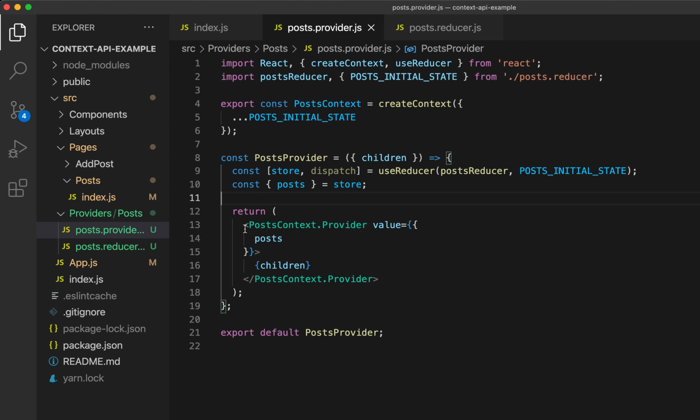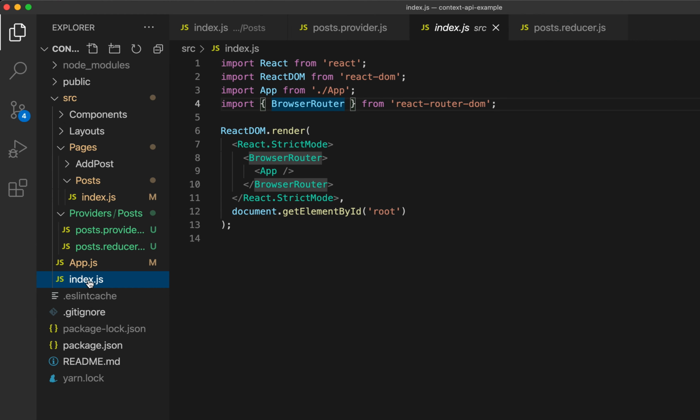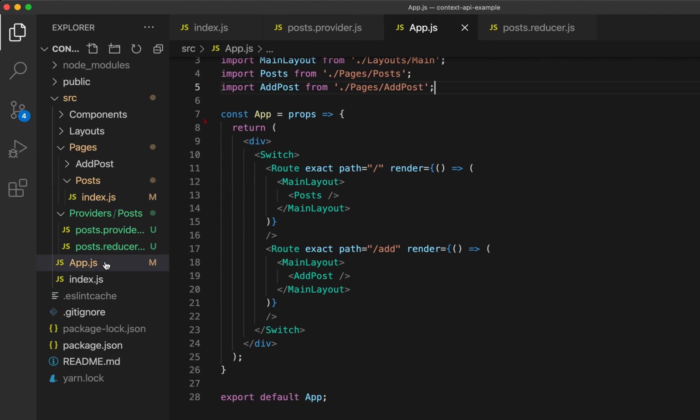So to use it, we need to come to the root of our application, and we need to wrap our application around all the components that want to use this context. Now, you could do that in several places. You could do that in the root of the application and just wrap the entire app. The problem is that you might have multiple providers, and you might not need to use those providers on every single route. So the way I like to do it is on my app.js, where I'm using React Router DOM here,